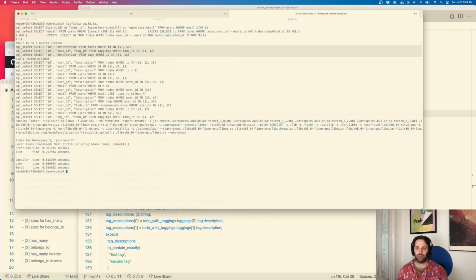And then we select the ID and the description from tags, where the ID is in the tag IDs returned from the taggings. Incredible. Yeah, so we just did those 3 queries, one from each of these tables, to pull out